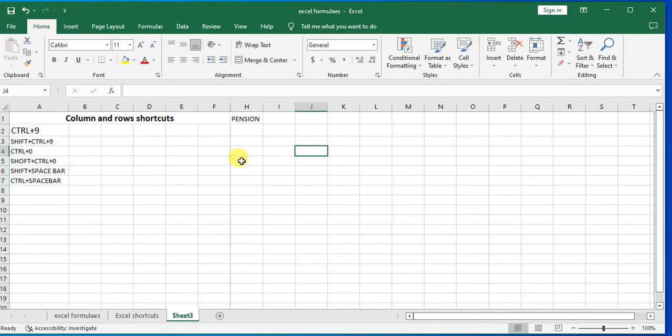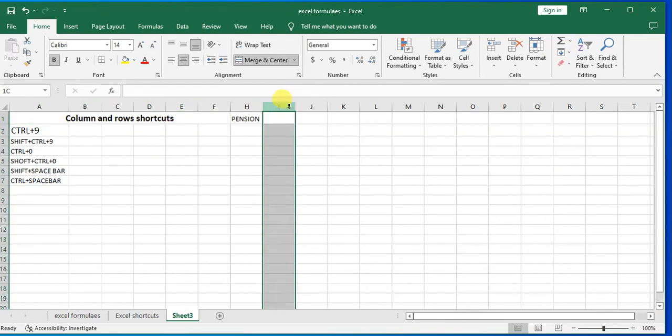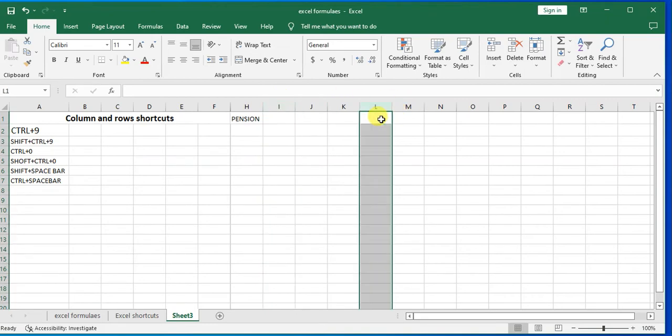Remember, column A is from this cell to the last one. All those cells were merged together. So if you want column I, it will be Control plus spacebar. Column L, Control plus spacebar. What if you want to